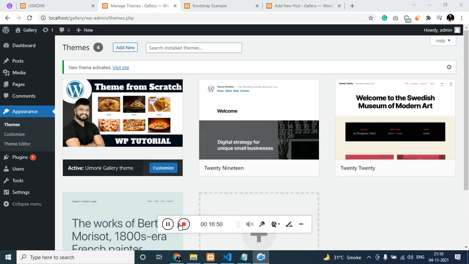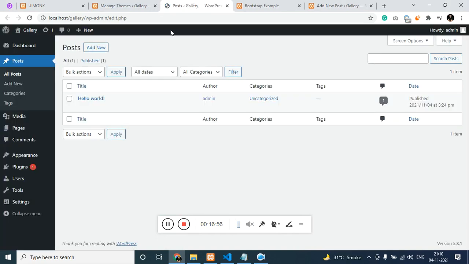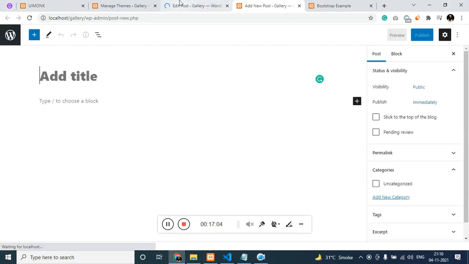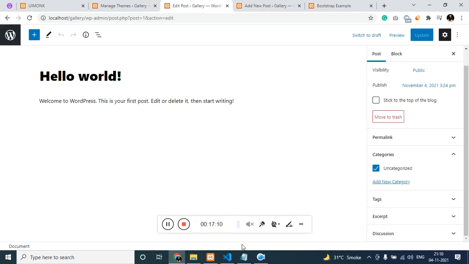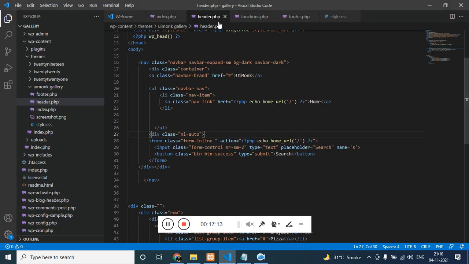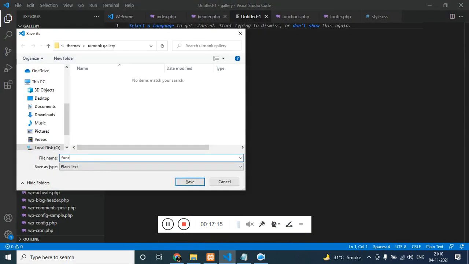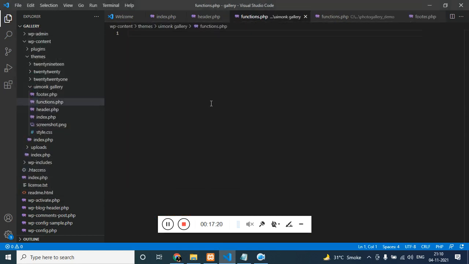And now I would like to show you a post. Let's get into the all post, and on the all post there is already a demo post. Let's click on edit. Now as you know, we don't have featured image and the post format option. You can see on the demo project as well, there is no featured image. So to add that, what we need to do is we need to create a file, and we'll call it functions.php. Now we need to create a function, and that function is going to initialize the post format and featured image onto the theme.